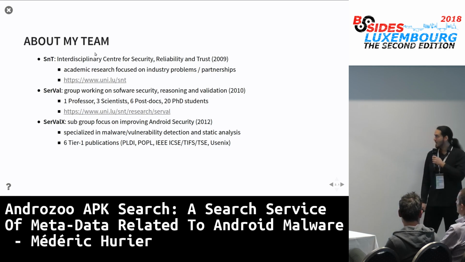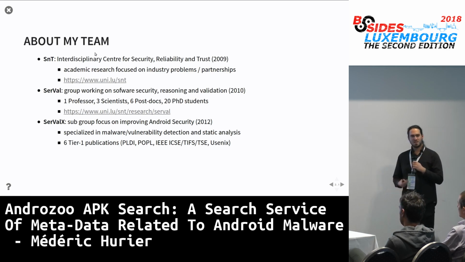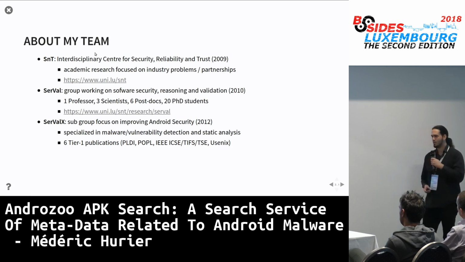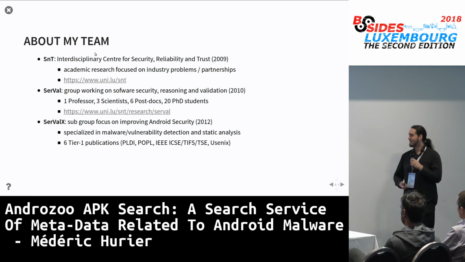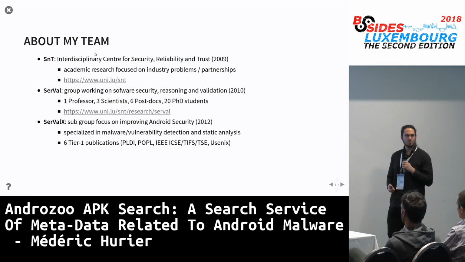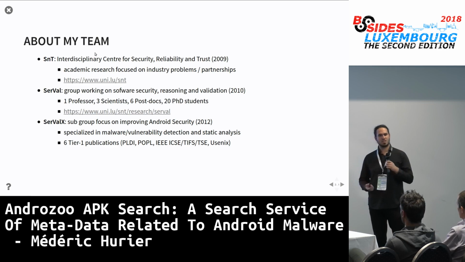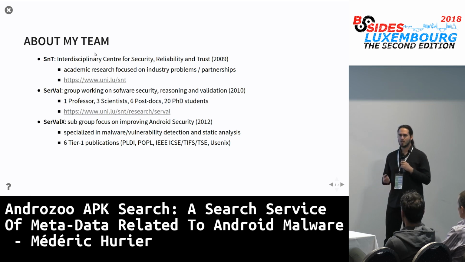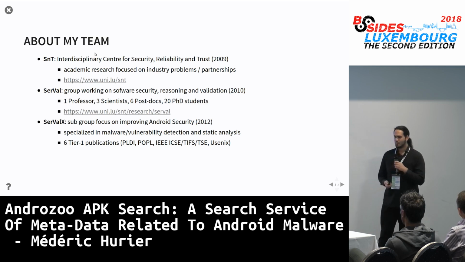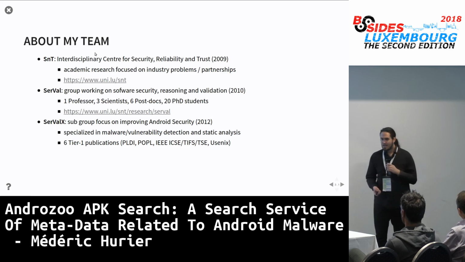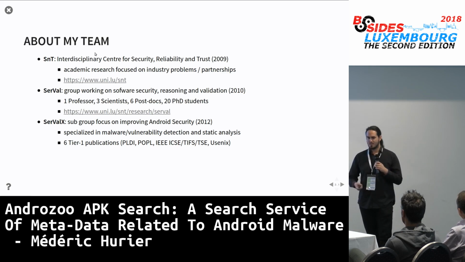About my team, I work as a researcher at SnT, a center in Luxembourg, which stands for Interdisciplinary Centre for Security, Reliability and Trust. Our center is focused on creating partnerships with industrial partners, and so handling industrial problems. Within this center, we are working in a research group called SERVAL, which is specialized in security, software validation, reasoning, and verification.